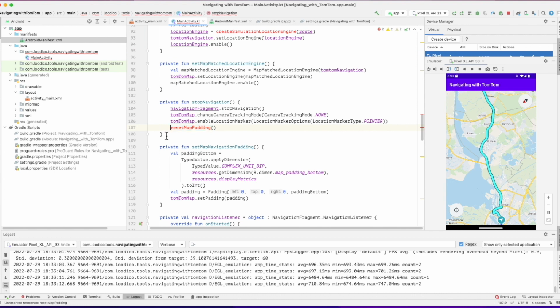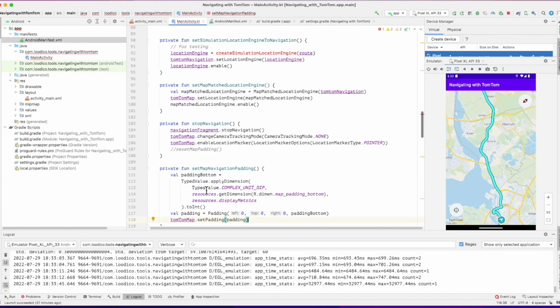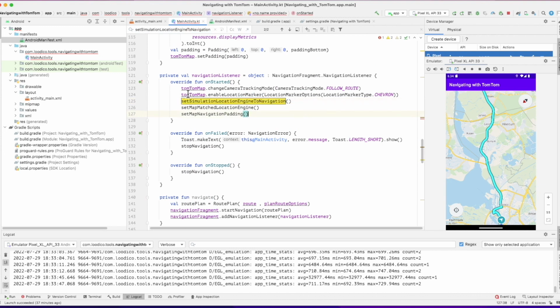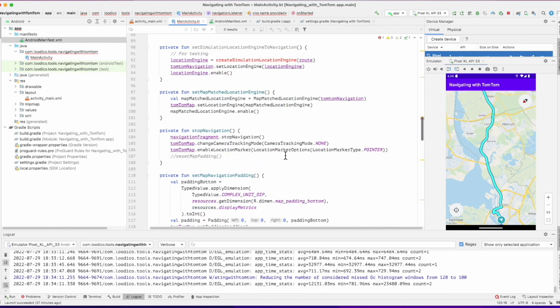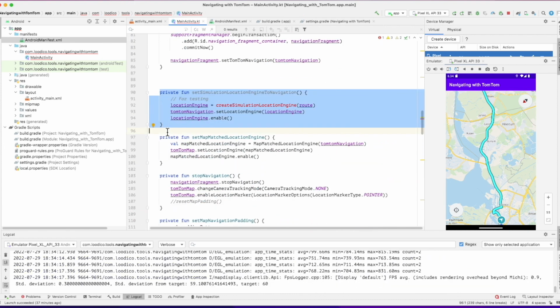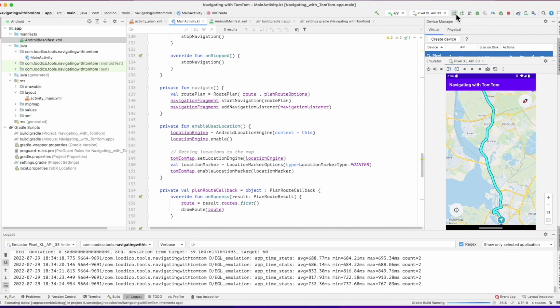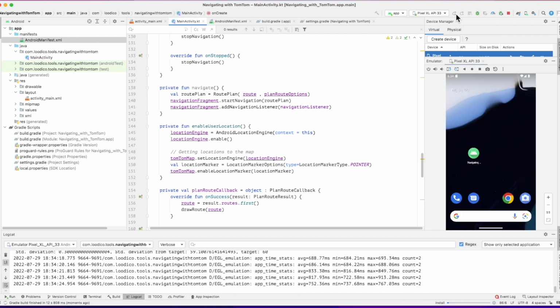Ignore it for now. As you can see, I'm quite excited to actually make it work, to see how it looks like. Okay, about the simulation engine to navigation, let's see. I'm going to put that for now. Do not move. I'm gonna comment this out because I just want to install this on my phone and see how it looks like. But for now, if I run it on the emulator, I will probably just start navigating and that's it. It will not move. So let's see if it works.